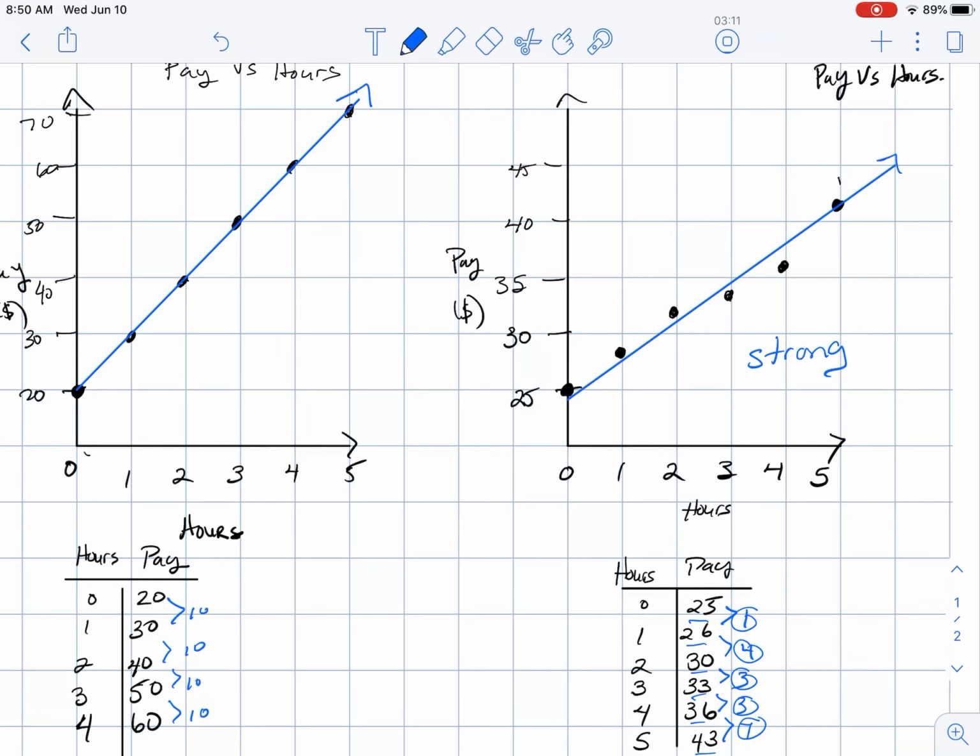And if you couldn't even get a line of best fit, if you didn't really know where to draw the line, then it would be too scattered and there would be absolutely no pattern to the relationship. So in the next video, we're going to look at